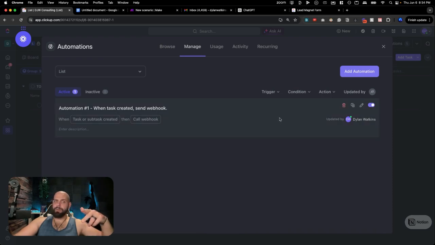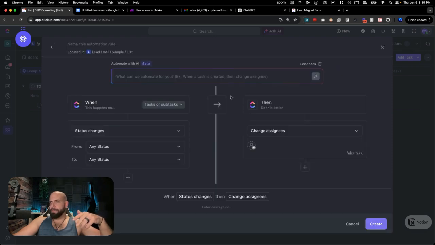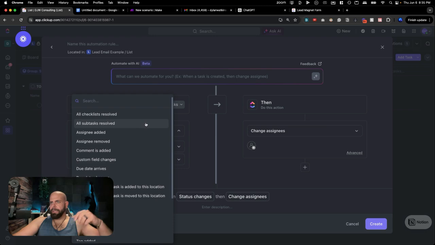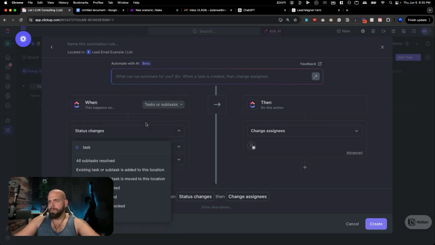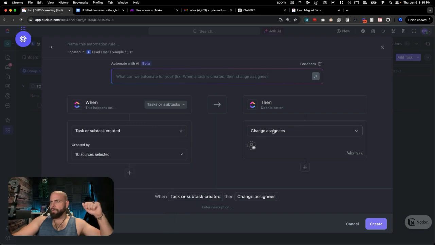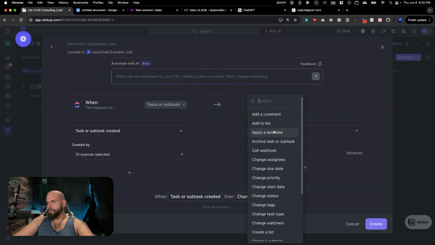The next thing we're going to want to do is assign another automation that automatically adds in the lead added date, basically when the lead was added. And we're going to have that be that day. And so that's going to look like this. We're going to go here and we can say this is status changed. We can say task. And we can say whenever a task is created, we're going to want to